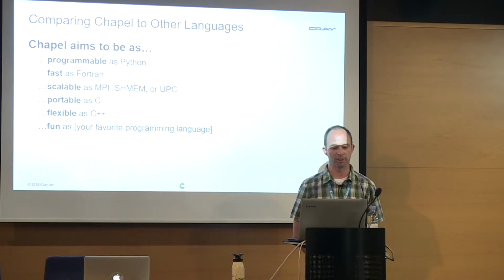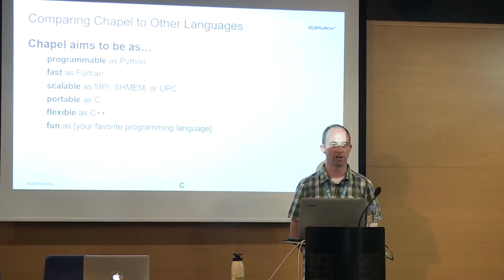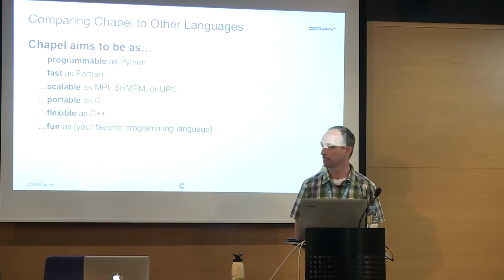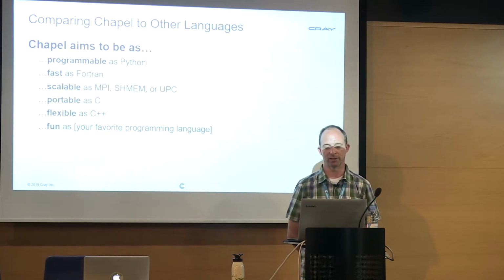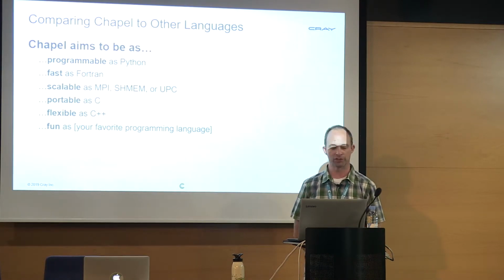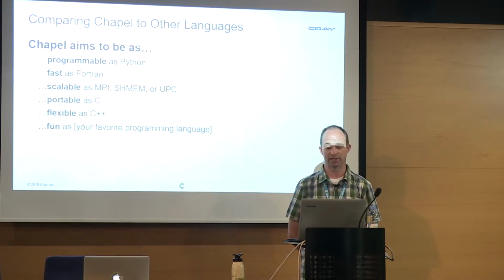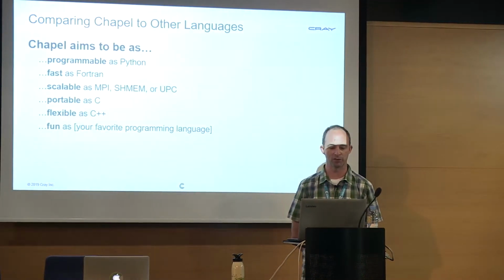And there our goal is to be as programmable as Python, because more and more when you talk to young programmers, Python is the thing that they find most natural and most comfortable and easiest to use. And we'd like to be a similar language in that respect. At the same time, Python doesn't typically result in great performance because it's a scripting language, it's dynamically typed. So our goal is to have the programmability of Python and yet generate code that's as fast from a scalar perspective as, say, Fortran is, which still a lot of people consider one of the fastest languages there is. We want to be as scalable as MPI or SHMEM or UPC if you use those, as portable as C, as flexible as C++.